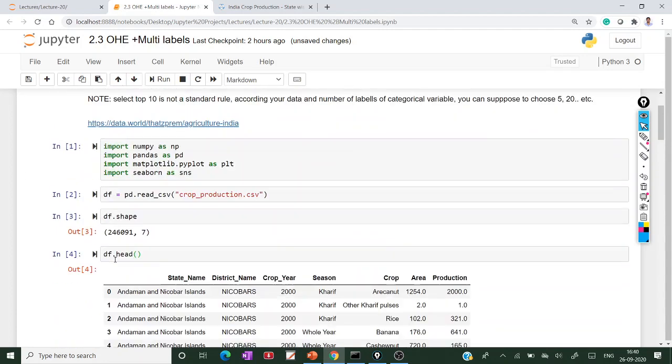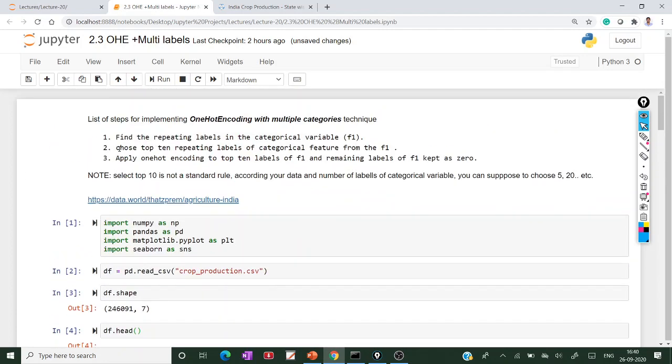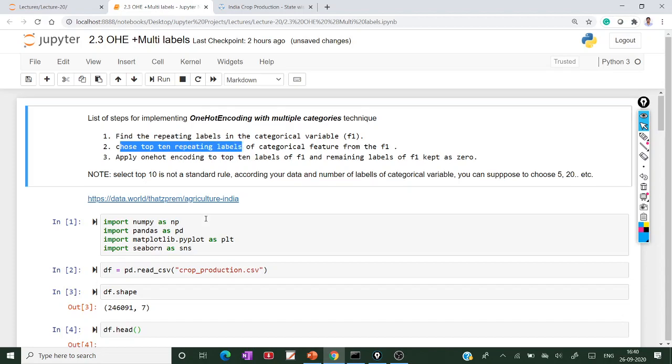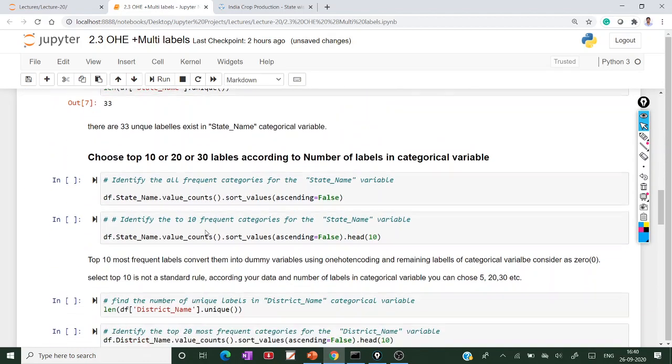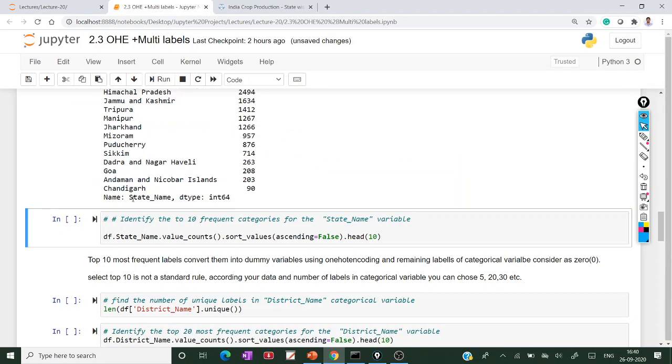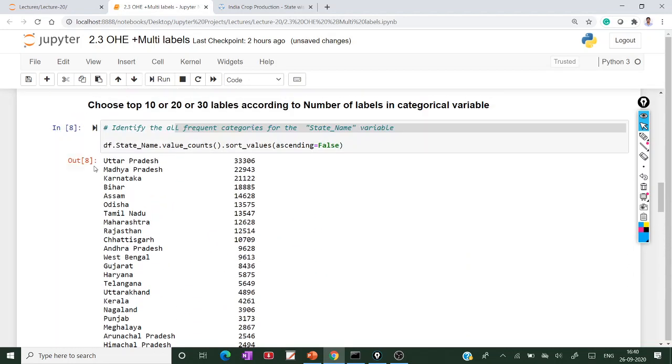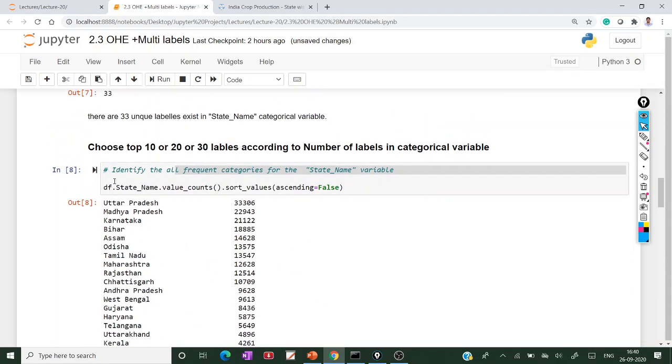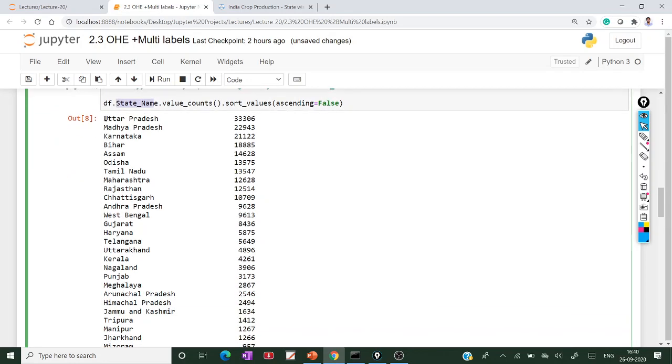What is the second step? Choose the top 10 repeating labels. Identify all the feature categories for the state name. Under the state name there are 33 unique values, like Uttar Pradesh, Madhya Pradesh, Karnataka, Bihar.